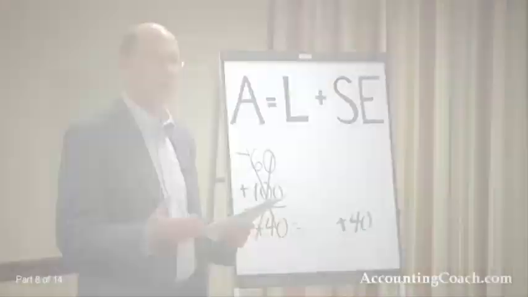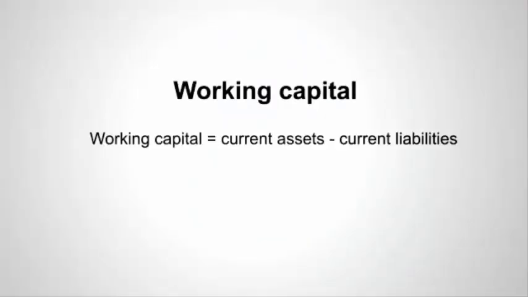Okay, we're going to go to the handout Balance Sheet 2. The balance sheet allows bankers and others to quickly determine how much a company has in working capital. Now, working capital is defined as current assets minus current liabilities. So, in that balance sheet that we just reviewed, the working capital would work out to be